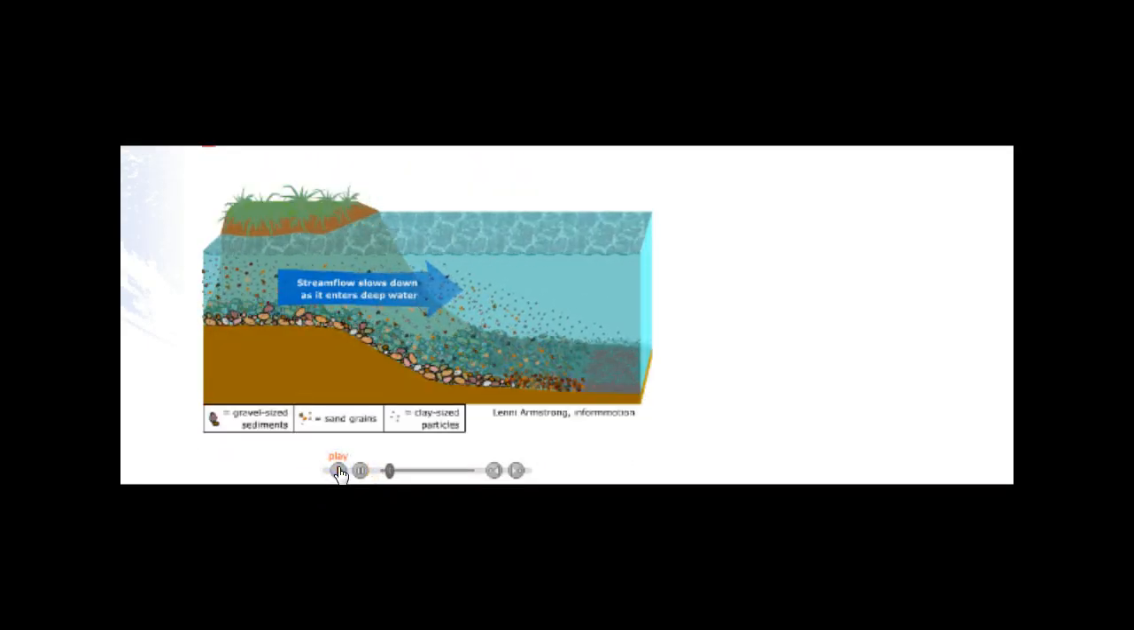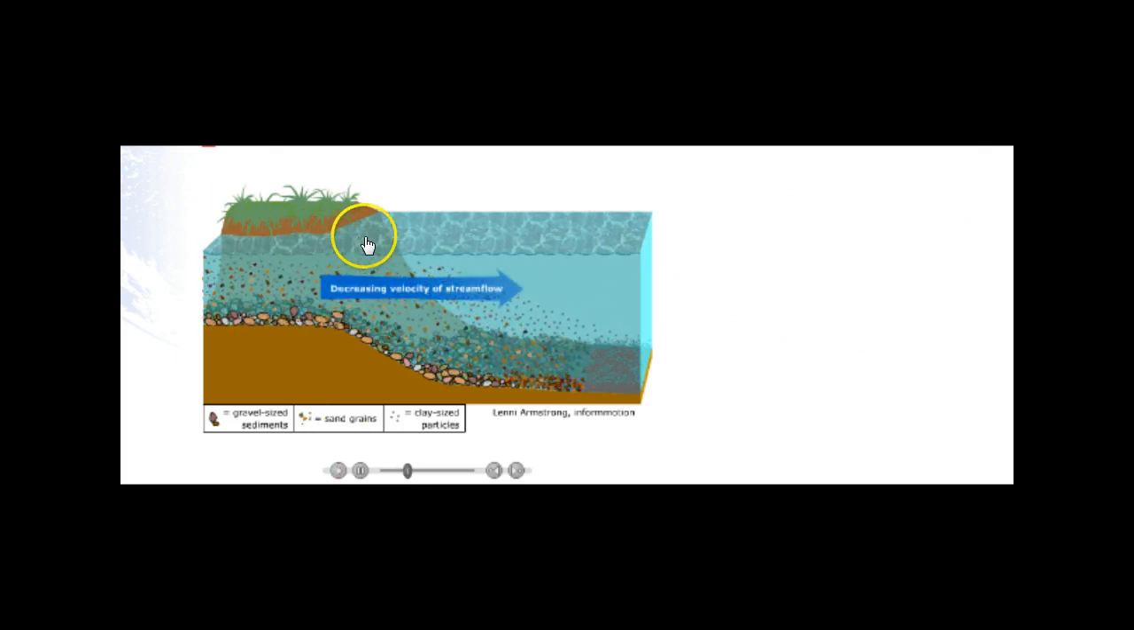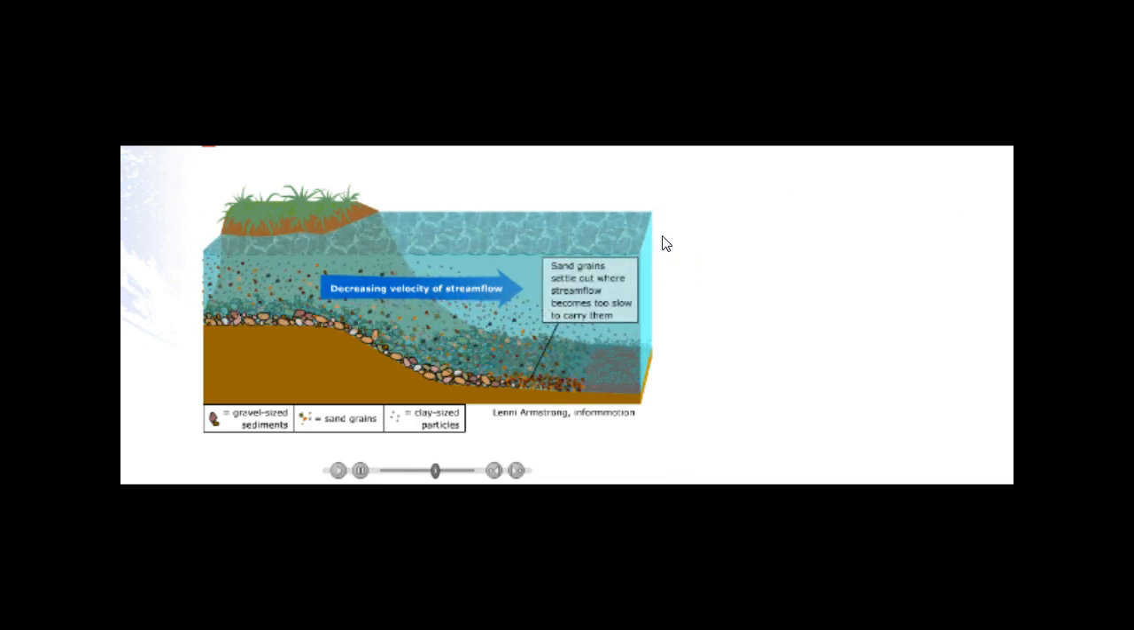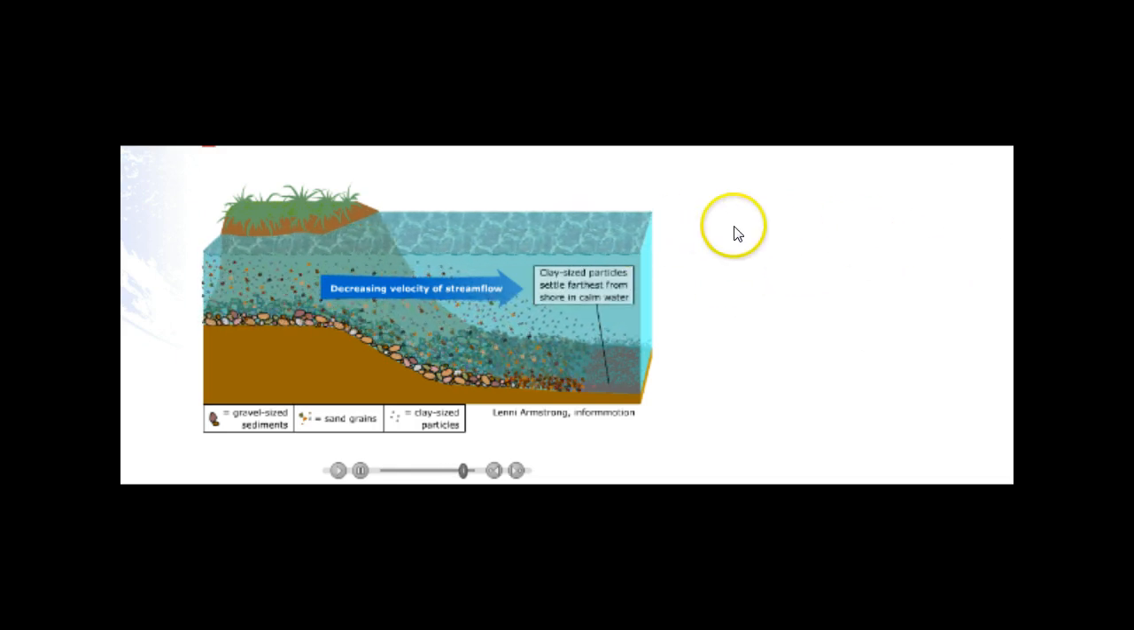Okay, now here's a great example of what we just talked about. You can see now the stream flowing out into a larger body of water. You can consider the Mississippi Delta as a good example of this. So the Gulf of Mexico would be out in here, and this would be the Mississippi dumping into the Gulf